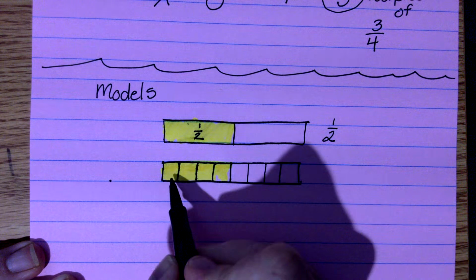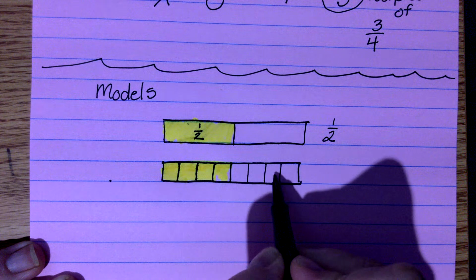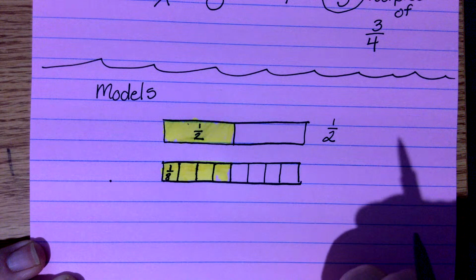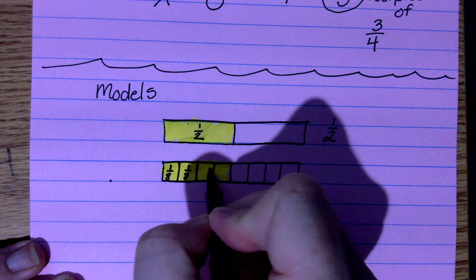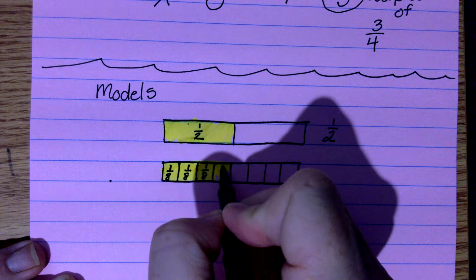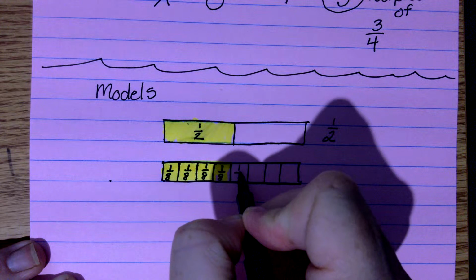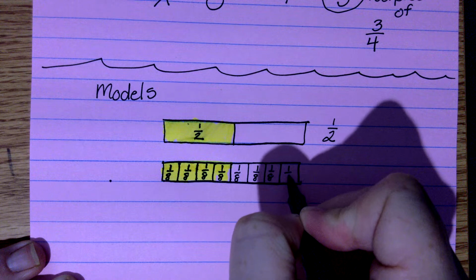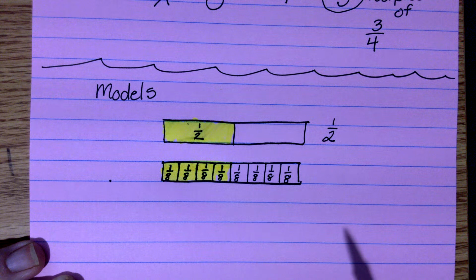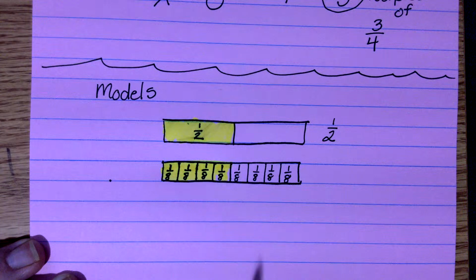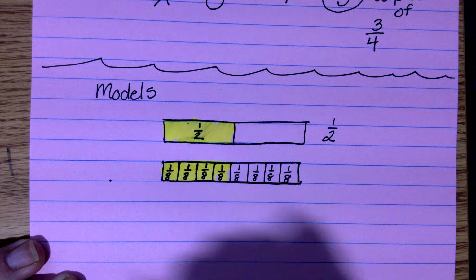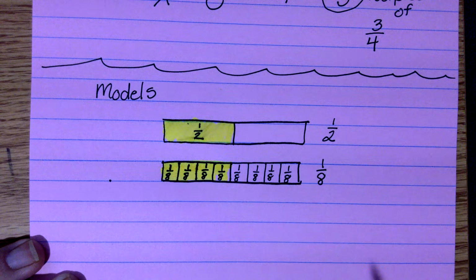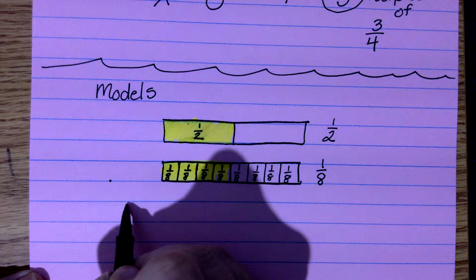Now, out of my whole, 1, 2, 3, 4, 5, 6, 7, 8 pieces, this is 1/8. This is also 1/8, and this is also 1/8, and this is also 1/8, and 1/8 and 1/8 and 1/8. This gives me the second term in my division problem, 1/8. So now when I look at this, I'm going to take 1/2